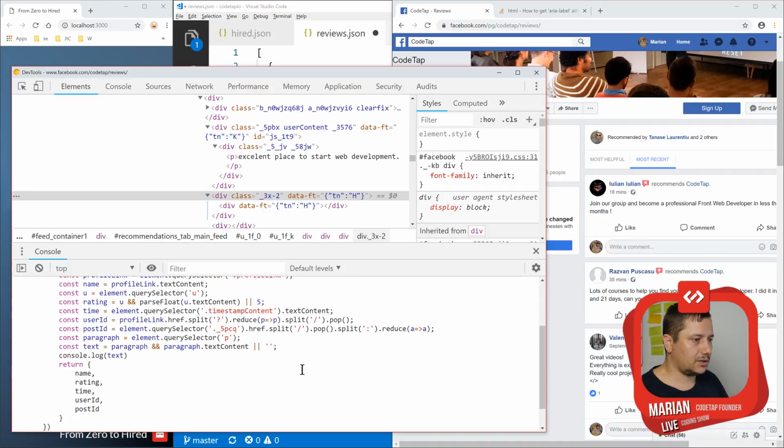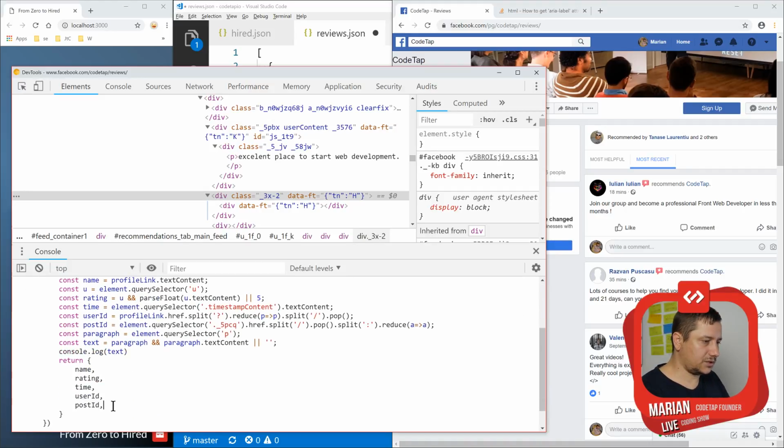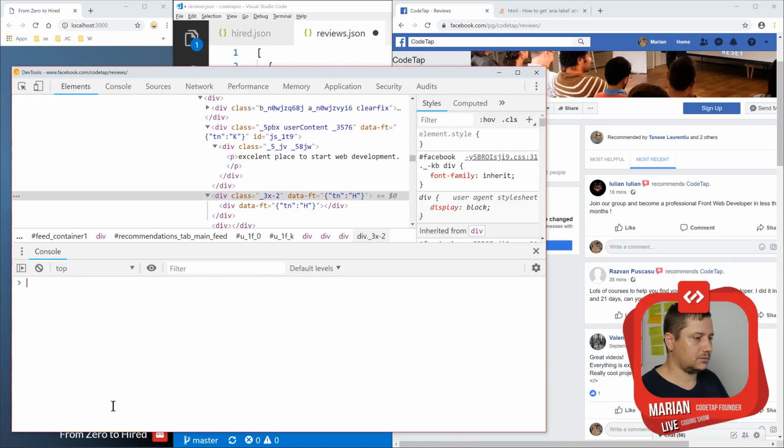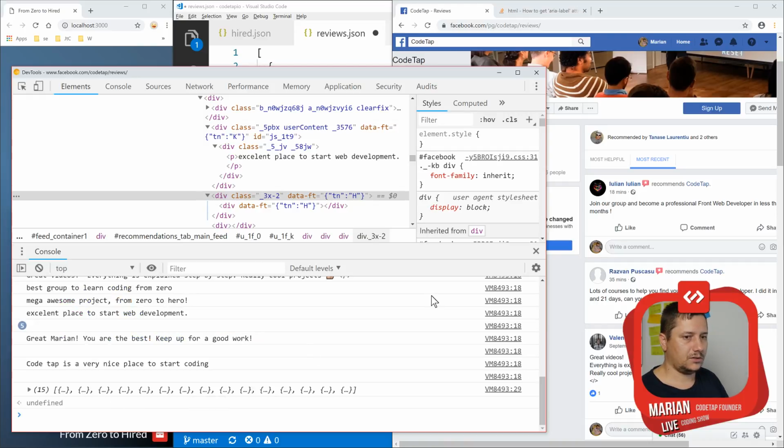So now let's do here post ID text, and 15 is